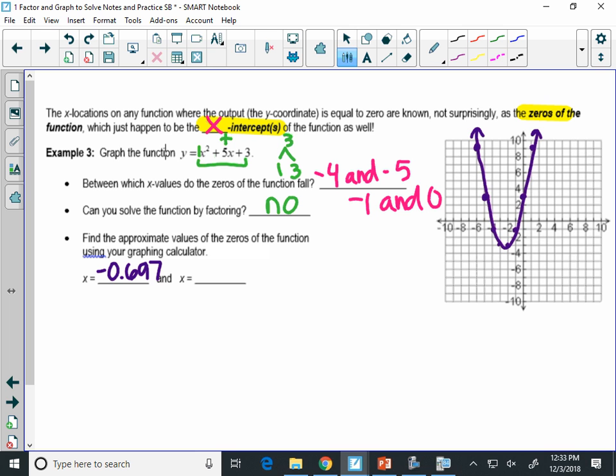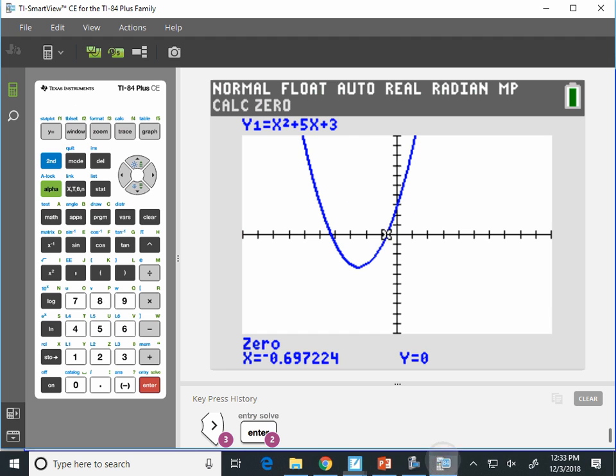Good, so that's one X-intercept. Now we need to do the second one, which should be between negative 4 and negative 5. So we do the same thing again. Second trace,